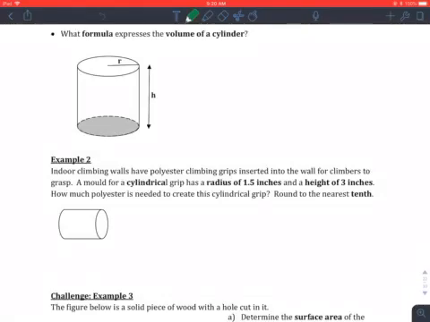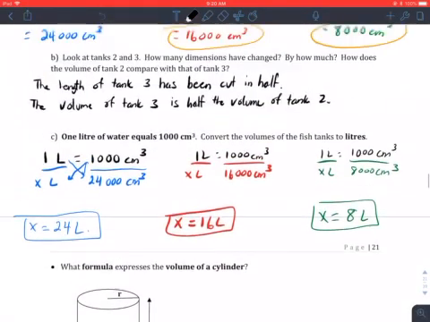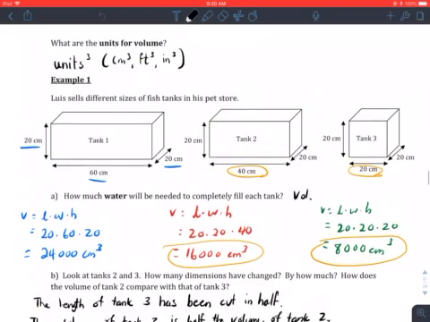Alrighty, welcome back. We have to finish this topic on volume of prisms and cylinders and all that good stuff. And we ended off talking about the formula for the volume of a cylinder. And it works the exact same as the volume of our rectangular prism, if you remember we looked at last